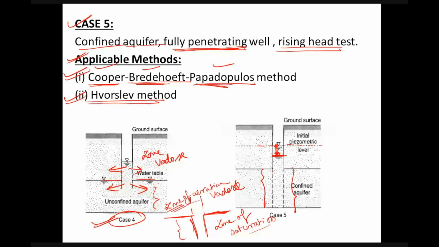So here in this case, what will happen if, let's say, we have raised the water level over here. After that we are conducting the falling head test. So in this case, since this is a well screen over here and it is porous, the water will enter into this zone of aeration. Now what will happen here is the hydraulic conductivity is higher because this is not completely saturated with water. So here we'll get a different hydraulic conductivity as compared to this zone of saturation. So here we will get a higher hydraulic conductivity.